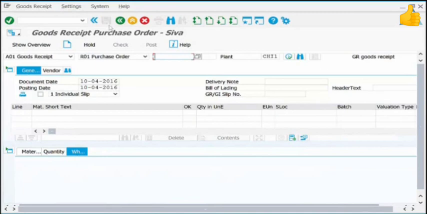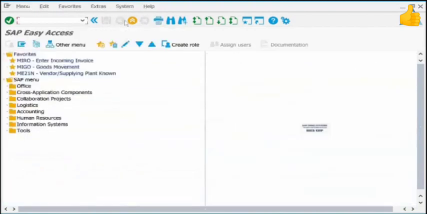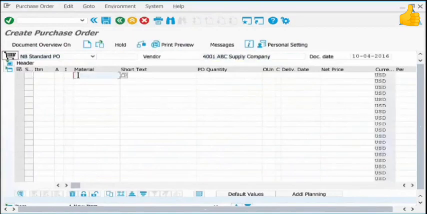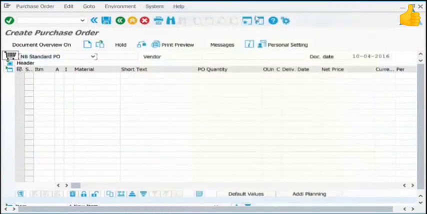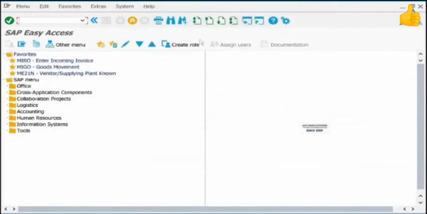Now, this is one way to split the stock. Splitting the stock by storage location. Some quantity here, some quantity there. You can also split by stock type. Again, in the interest of time, I have already created an order for a quantity of 1000. Now go to MIGO,